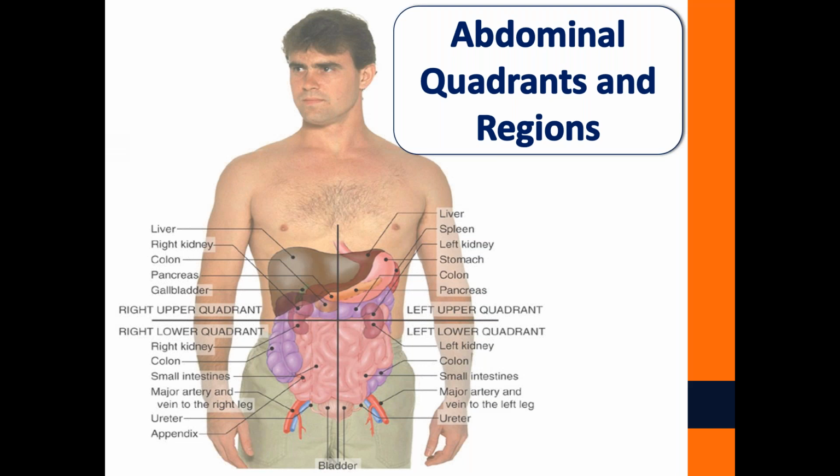We do have to know some bit of anatomy and physiology as to where these organs lie. When we do separate the body into the right upper, left upper, right lower, left lower, when we're palpating over those things, it is good for us to know what exactly lives in that quadrant. It's imperative to know for things like appendicitis, that if I'm touching the left upper quadrant, well, that's probably not an appendicitis. When we are talking about something like cholecystitis or gallbladder inflammation, it's really important to realize that if